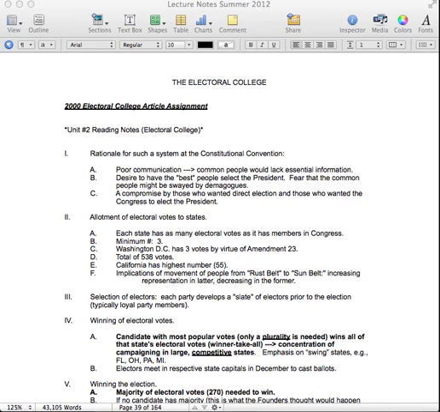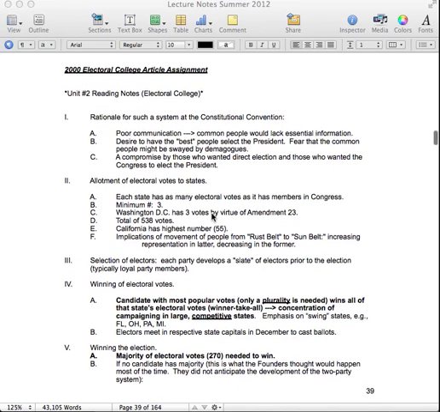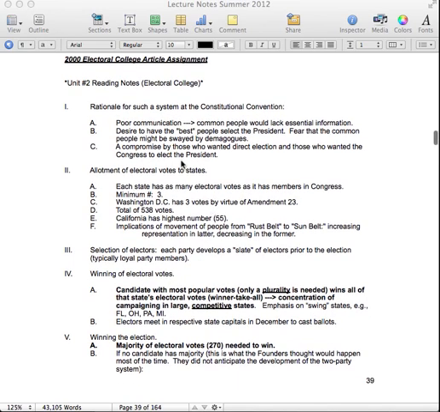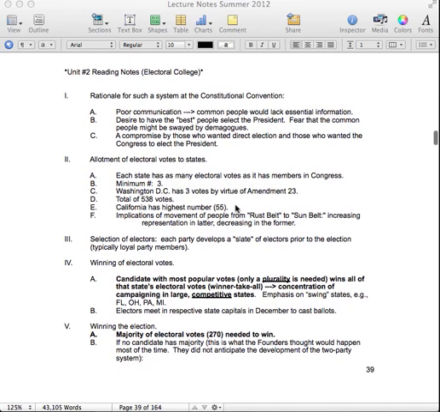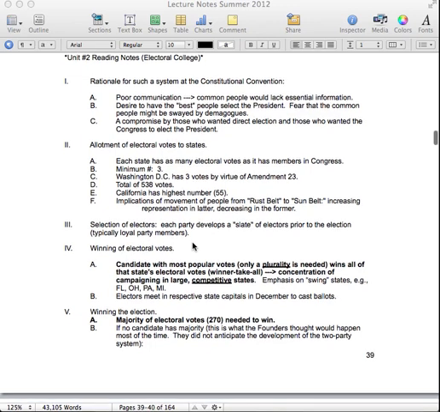I'm going to refresh our lecture on the Electoral College with you, because we did it in Unit 1, Unit 2. We talked about the Electoral College. I just want to go over this stuff with you guys real quick. The rationale for having such a system at the Constitutional Convention: poor communication, common people would lack essential information, the desire to have the best people select the president, and fear that the common people might be swayed by demagogues. This was a compromise